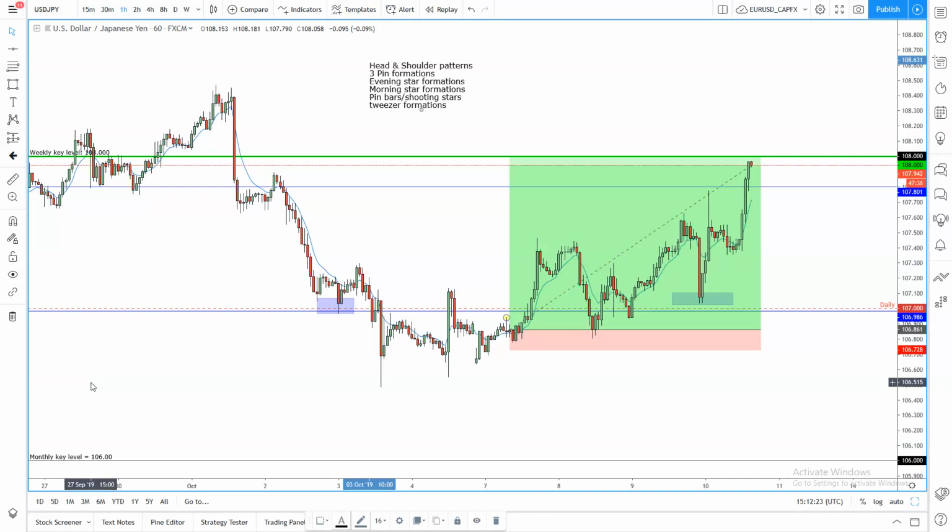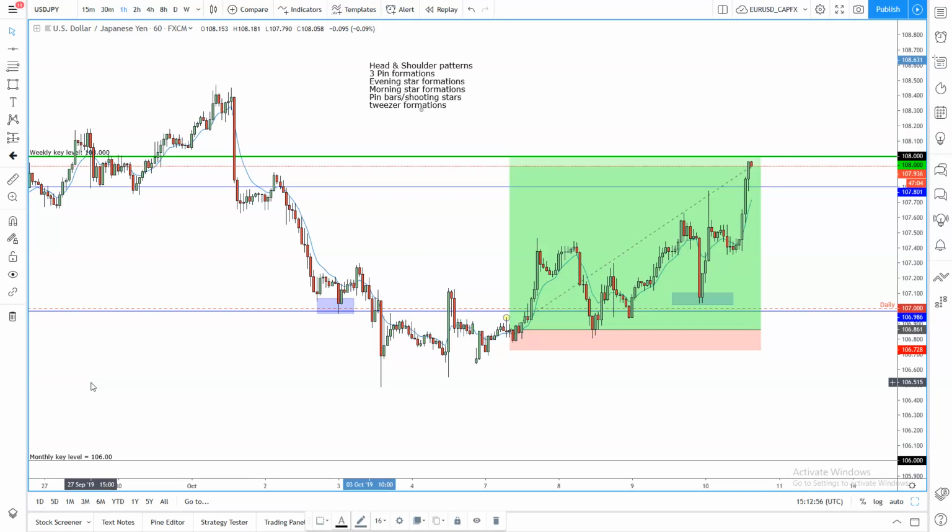So the main goal from this class is to just show you the power that these candlesticks have, and that you should really focus on identifying these candlestick formations, especially on high time frames and also on your trading time frames, so 4 hours and 1 hour. So this is USDJPY. I'll be going through these candlestick formations and the head and shoulder pattern